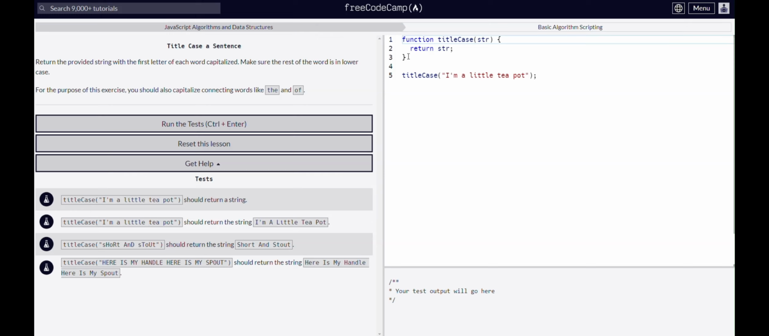So we are on FreeCodeCamp and we are tackling this challenge, which is to basically return the string with the first letter of each word capitalized. I'm just going to run that return statement for now, and we're going to start. To start off with, what we need to do is